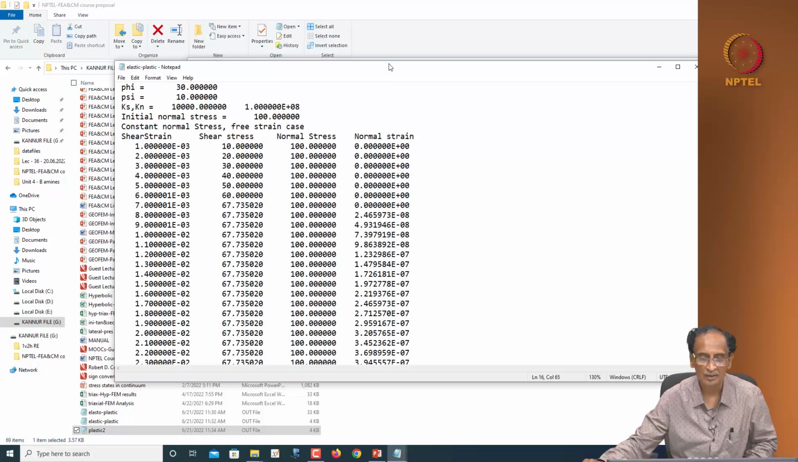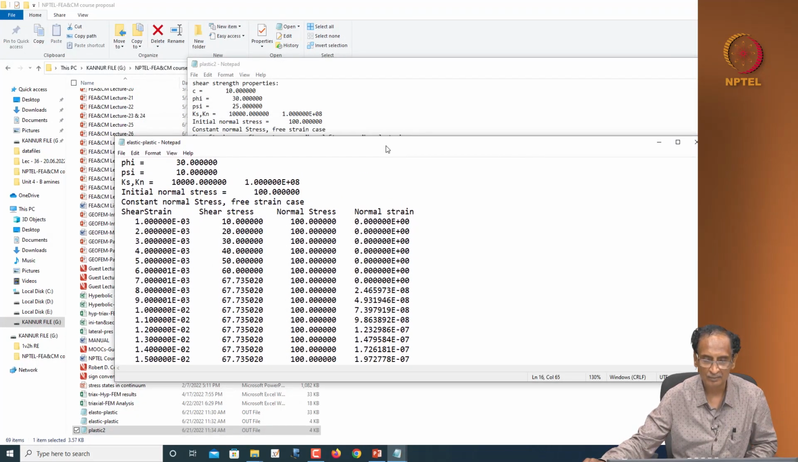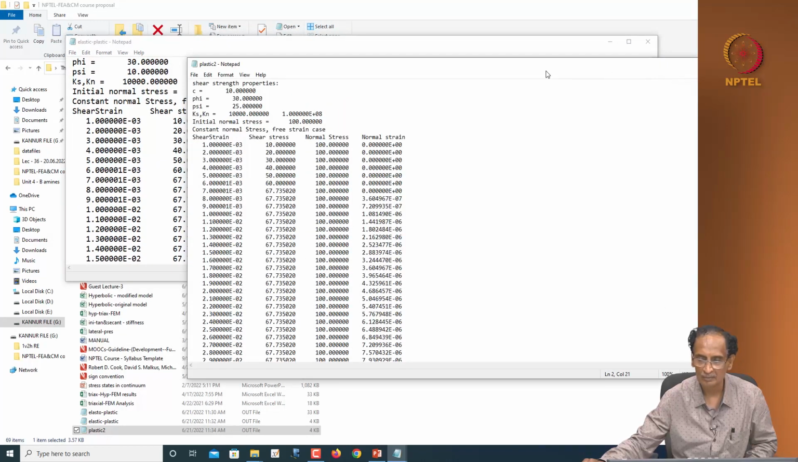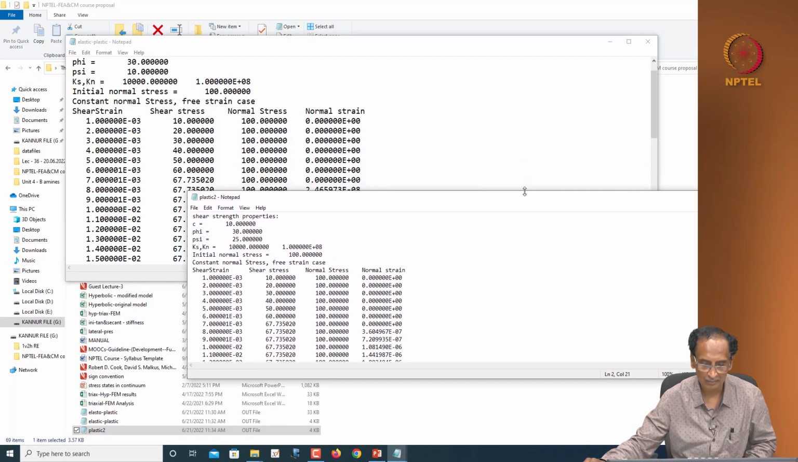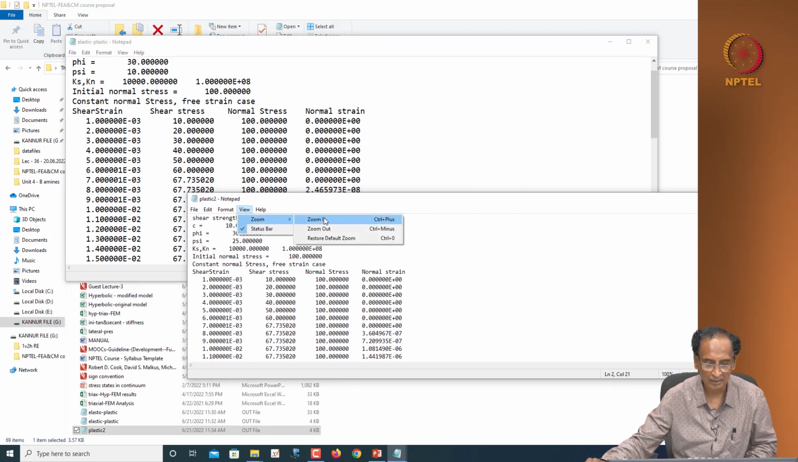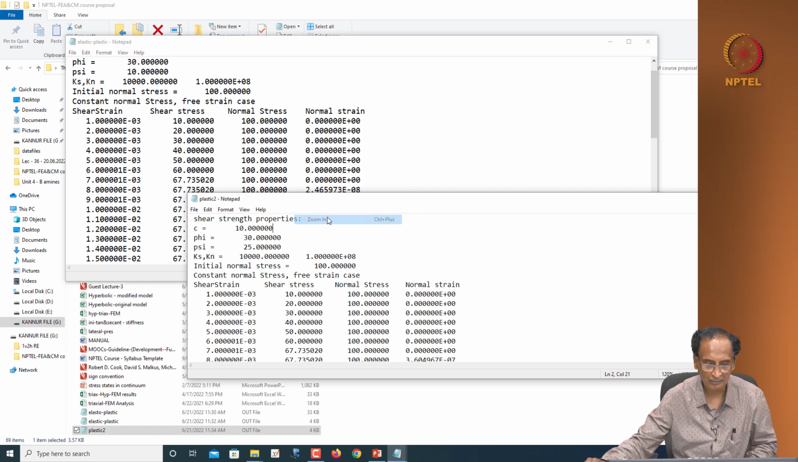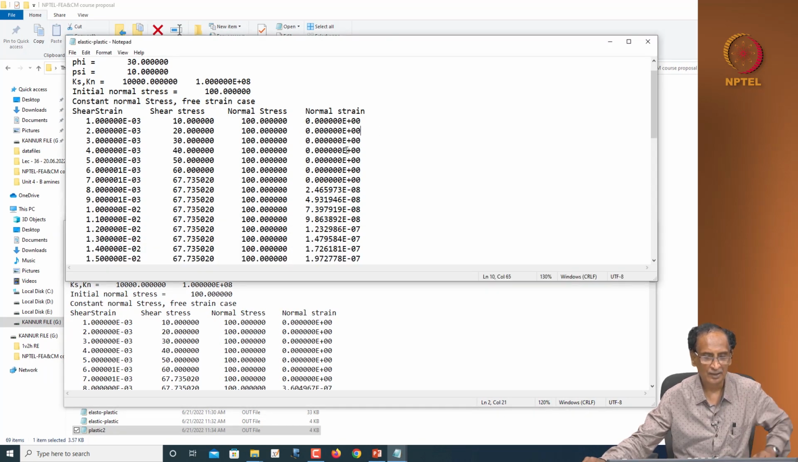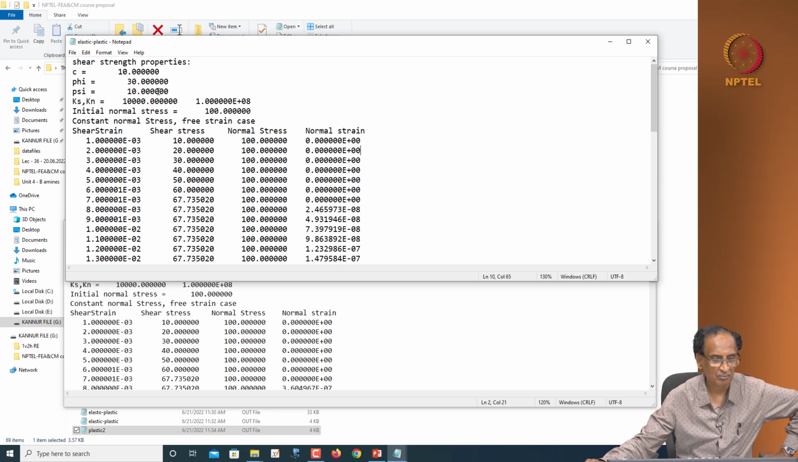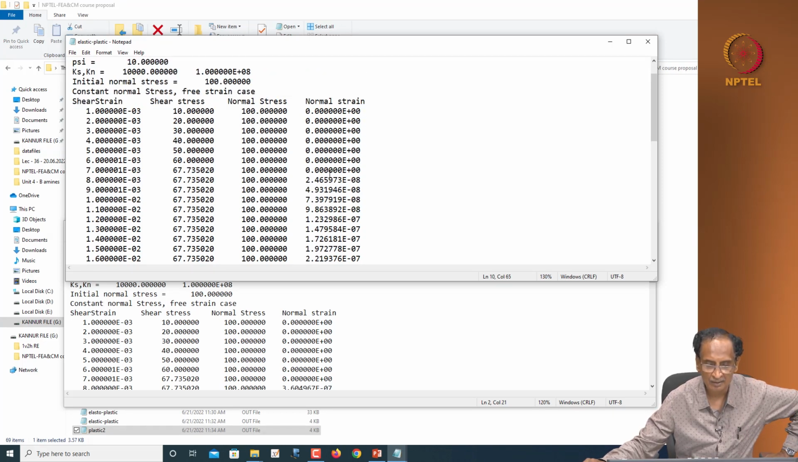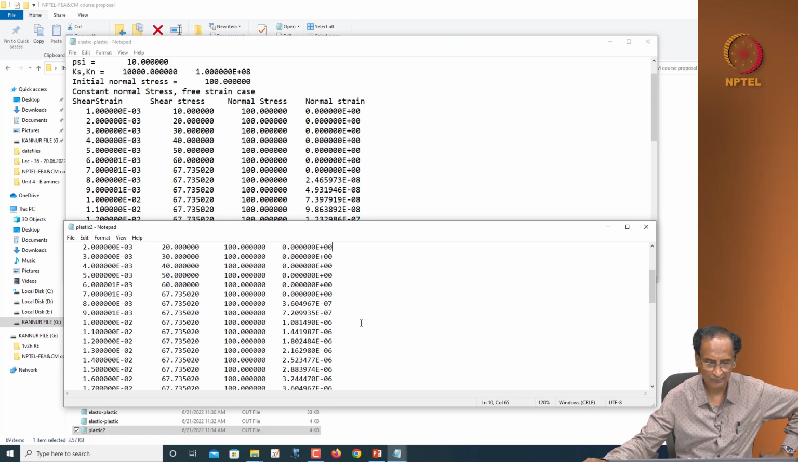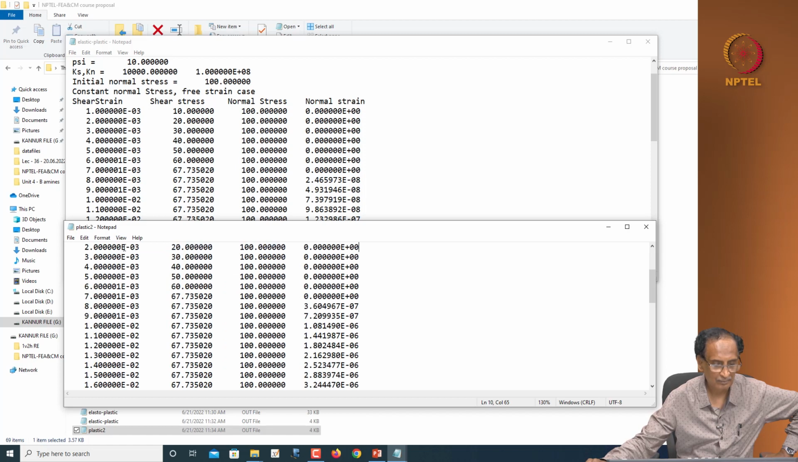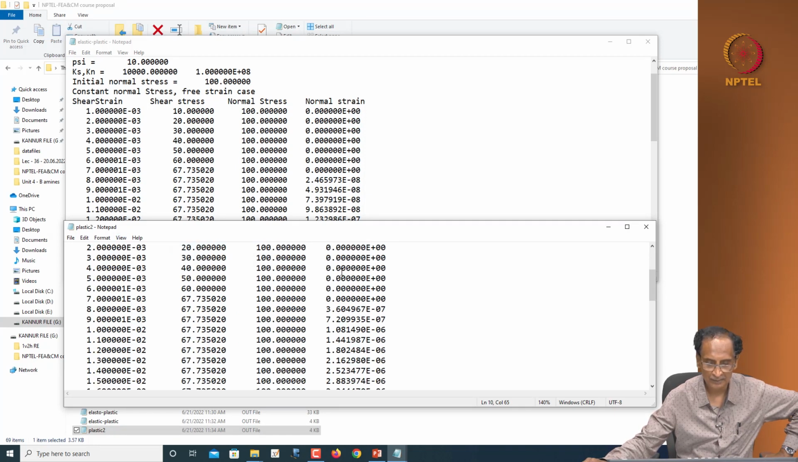So this is the previous result. Let me zoom it a bit. See, this previous one is for a dilation angle of 10 degrees, and this is with a dilation angle of 25 degrees. You see here,